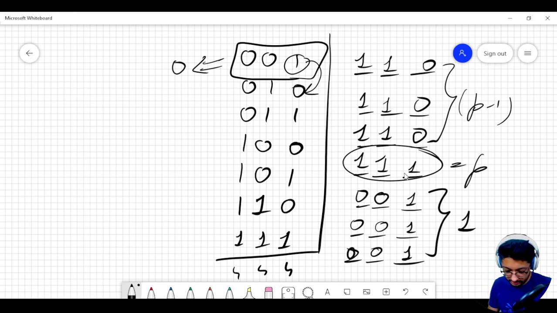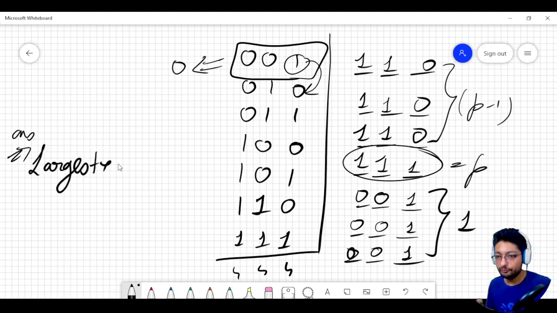So the total answer eventually becomes: you have to first take the largest number, and you have to multiply it with largest minus 1. This number eventually is largest minus 1. So if you take this to be 7, this number is 6. So largest